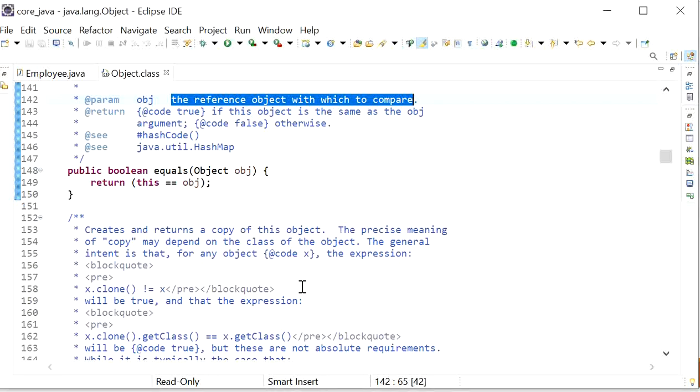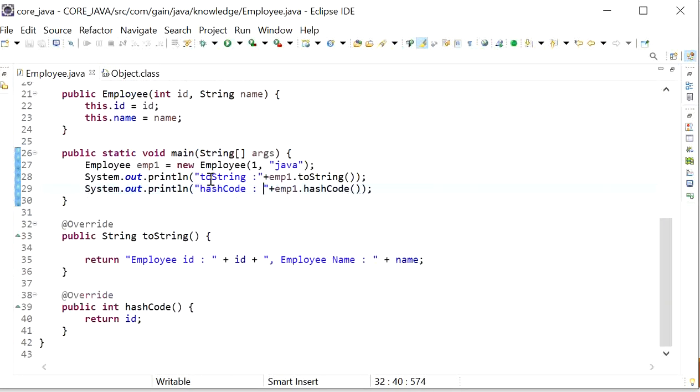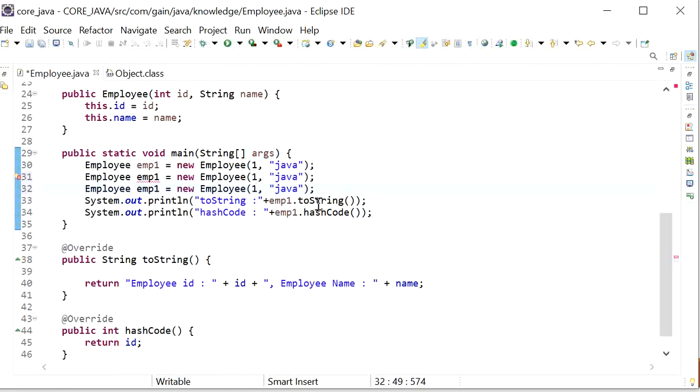For example, here we have one class, that is the Employee class, and if we create two objects of the Employee class like this, we will copy it from here and paste it here.